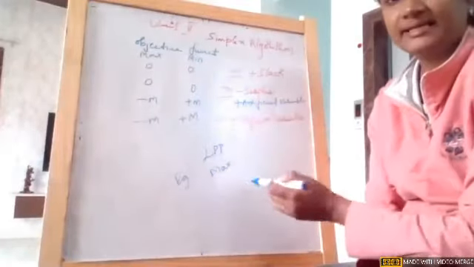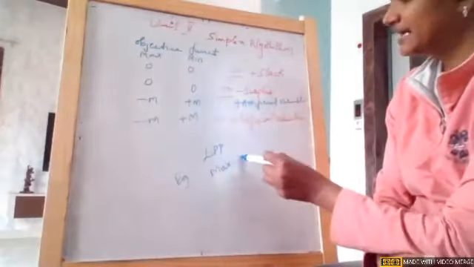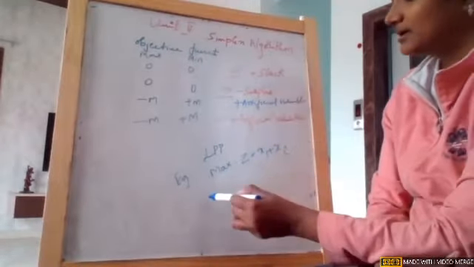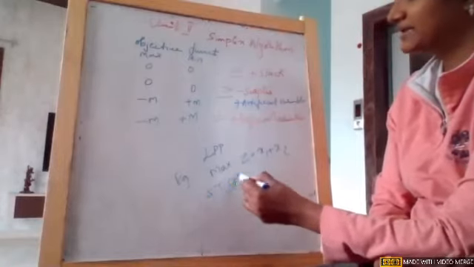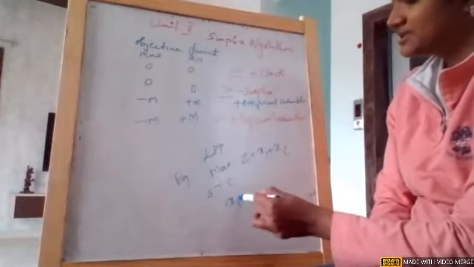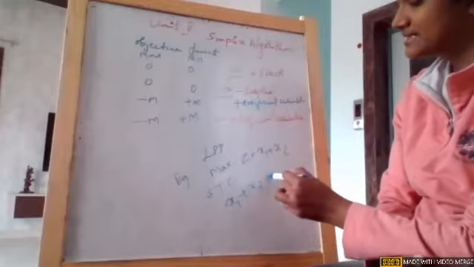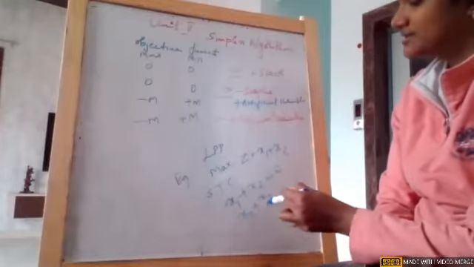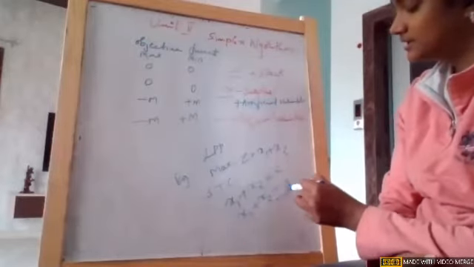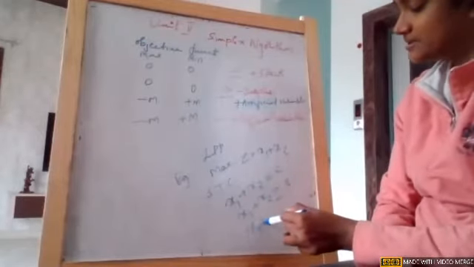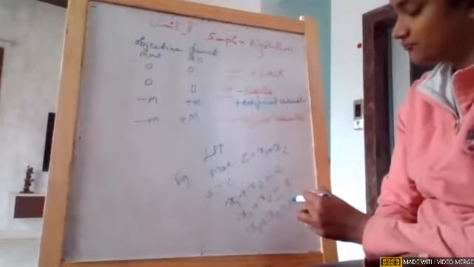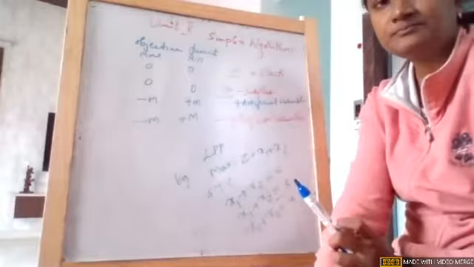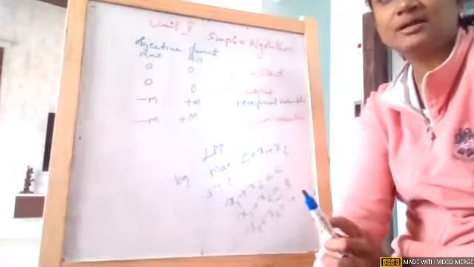Let us take an example of a maximization case. I'm just writing some example, girls: maximize x1 plus x2, subject to constraints. I'm just using x1 plus x2 is less than or equal to 2, x1 plus x2 is greater than or equal to 3, and x1 plus x2 is equal to 4. I'm just taking this example. Let us take this as our LPP model in the simplex algorithm.